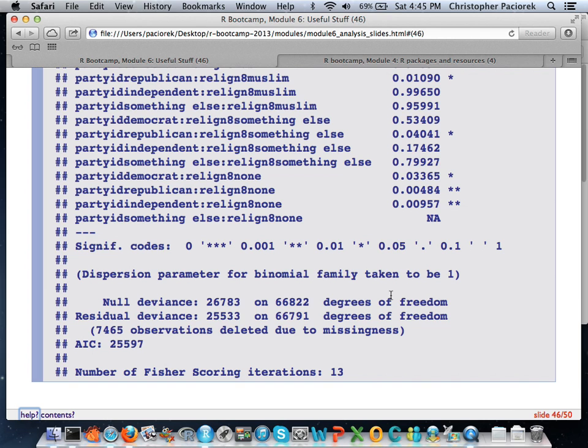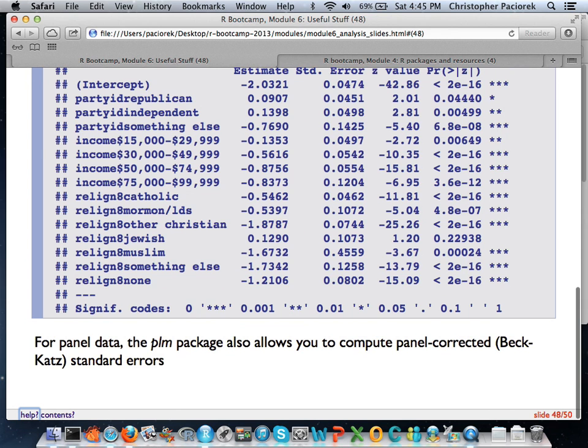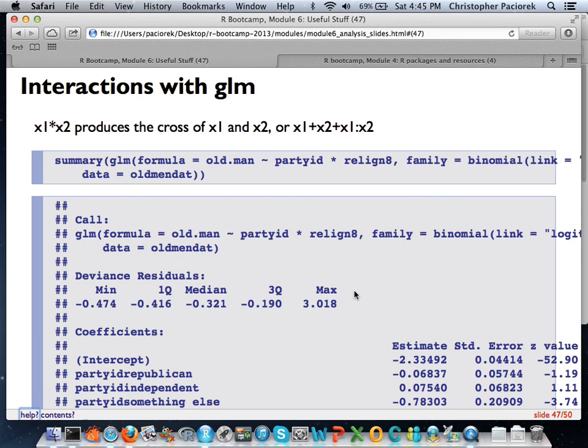And there's another way to do interactions here, which is to, instead of a colon, put in a little star here. And basically, this gives you the cross of x1 and x2. It will give you not just those complete interactions, but it'll also give you the main terms. So for instance, if I interact x1 star x2, it's going to estimate a regression that has x1 plus x2 plus all the interactions of x1 and x2. Obviously, leaving out some variables so as to avoid the dummy variable trap.